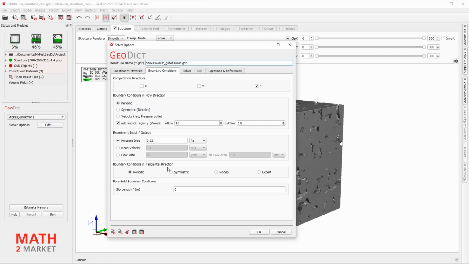And in tangential direction, that would be periodic. In our example, we will simulate fluid flow determined by a pressure gradient, which is applied to the top and the bottom of our structure. In our case, that would be 0.02 Pascal.